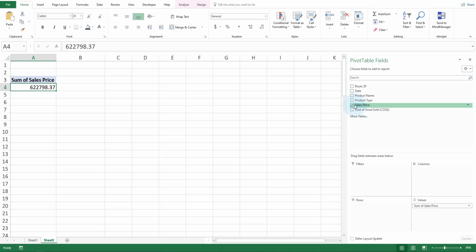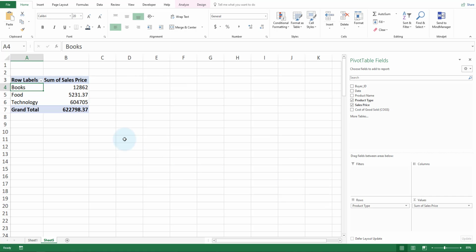So in this case, let's drag the product type into the row area. Okay, and what we see has happened here is that the sales figure has been split into books, food, and technology. So here we can see that we've generated $12,862 from sales from the book category, $5,231 from food type items, and $604,705 from the technology field. So it should be pretty obvious from these figures that most of our revenue is actually generated by